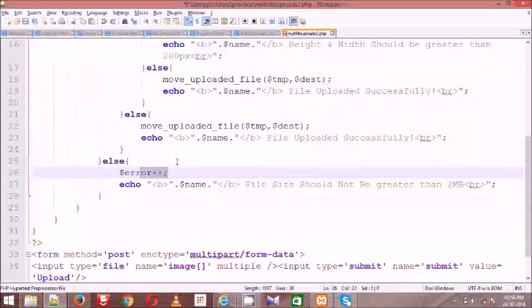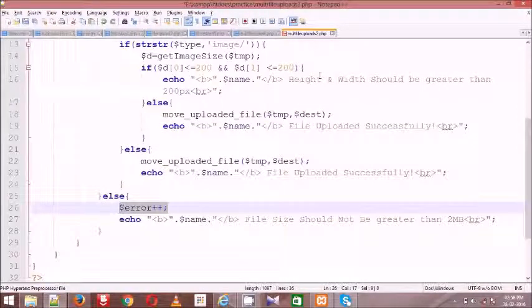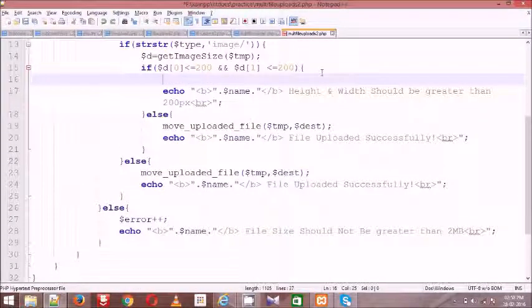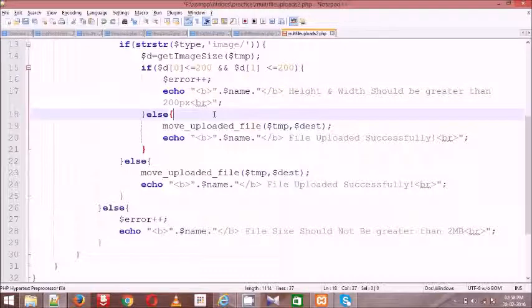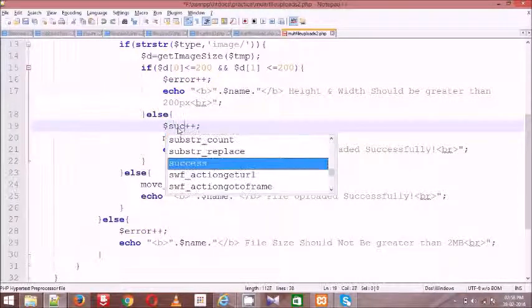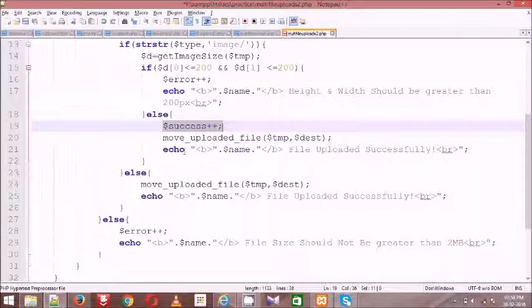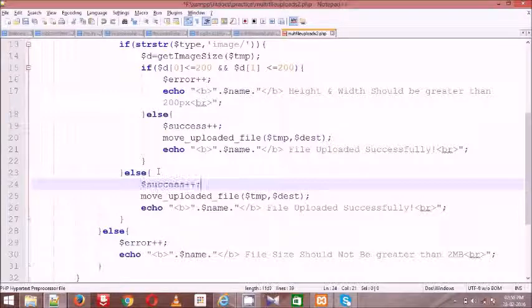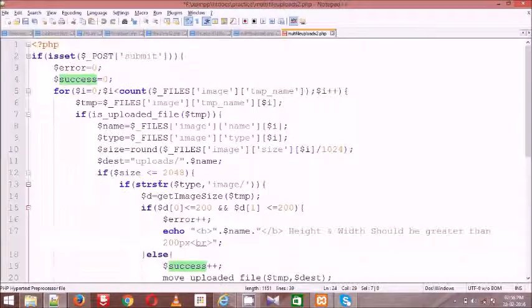So just look at this. When he is coming to this block, in the sense it's uploaded successfully, this is my again error block. So error increment. So now I have uploaded, incremented success, and when he entered into the success block, in the sense increment this.